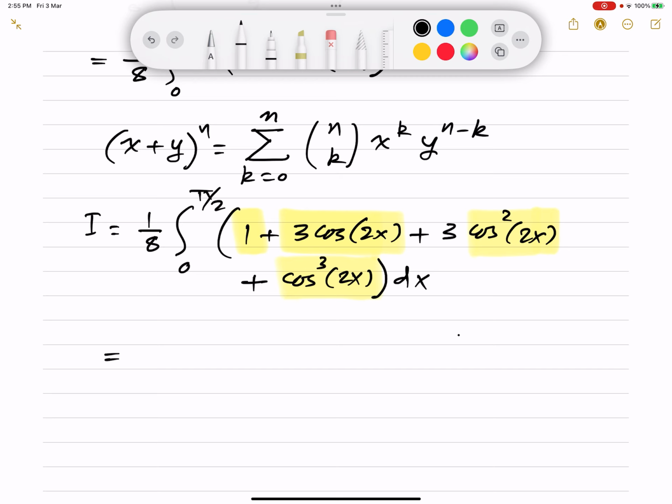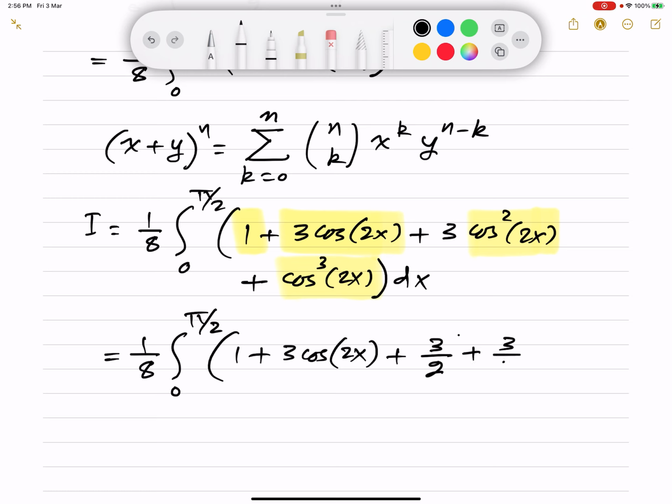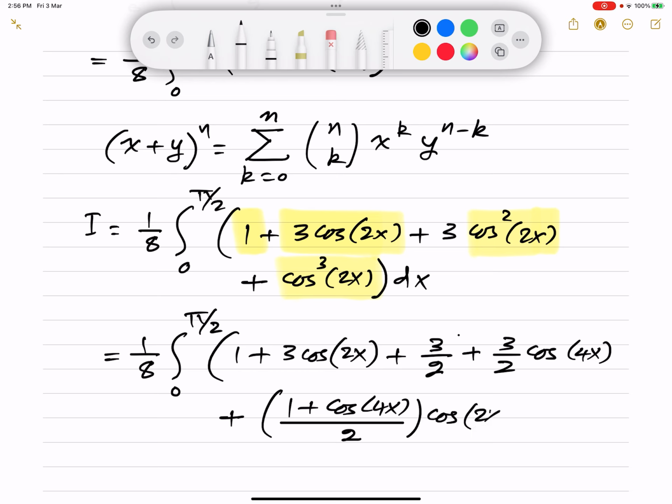Okay, so this is going to be equal to 1/8 the integral from 0 to pi by 2, and then here we have 1 plus 3 cosine twice the angle plus cosine squared twice x, which is 1 plus cosine 4x divided by 2, so that's going to give us 3 by 2, which can be actually merged with the 1 as 5 by 2, so we can do that in the next step, plus 3 by 2 cosine 4x, and then the cosine cube can be written as 1 plus cosine 4x, which is twice the angle, divided of course by 2 multiplied by cosine twice x, and then